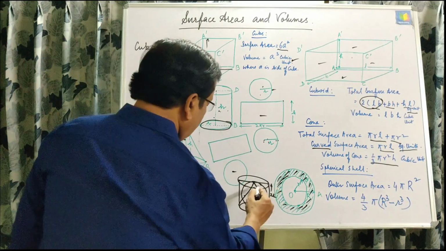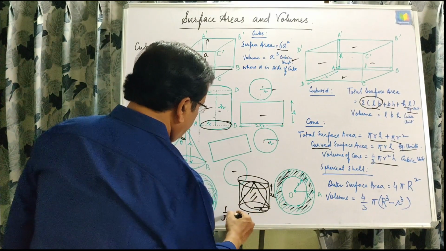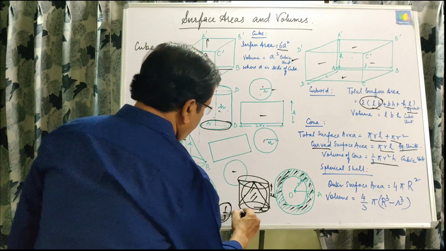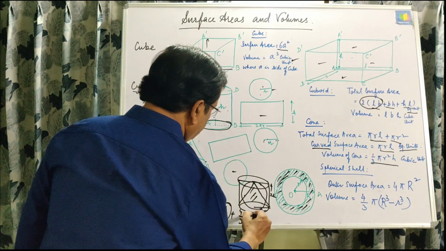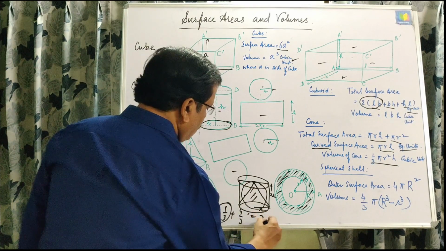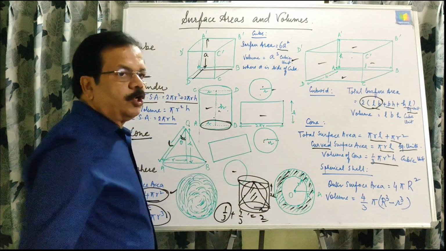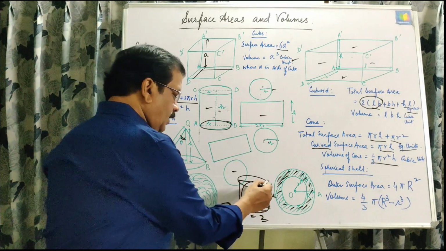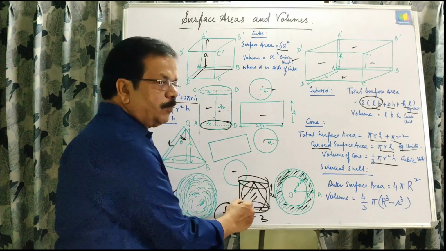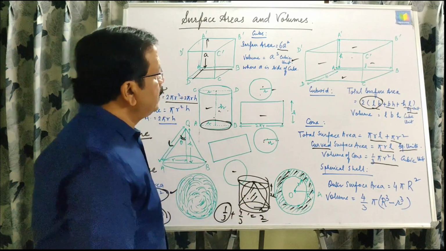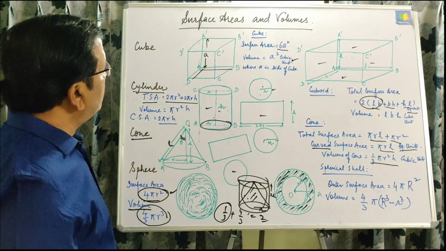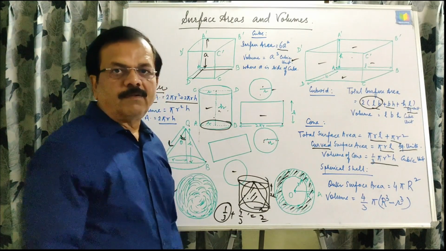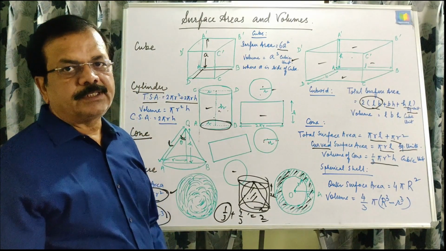Okay, that is, once you will find, you will see 1 by 3 of this cone and then 4 by 3 of sphere, and that will be equal to twice the volume of the cylinder. And this way we are finding the relation between volume of cone, sphere and cylinder. And this is all about the formula. With the help of this concept, we will solve the questions. Now questions.